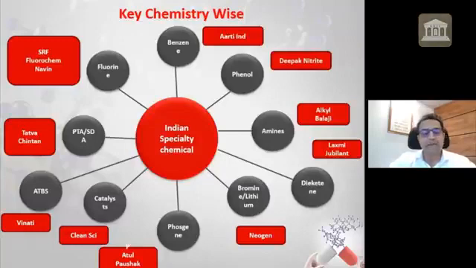The reason being, if you are focusing on a particular chemistry or particular molecule, the application of that chemistry or molecule is wide. Say, RT industry works in benzene chemistry, they have very strong expertise in benzene chemistry. They are completely backward integrated in the benzene chemistry, and they supply to different applications, including dyes, pigments. They supply to pharma, they supply to personal care. What happens when you are specialized in a particular chemistry? What happens is you are forward integrated.